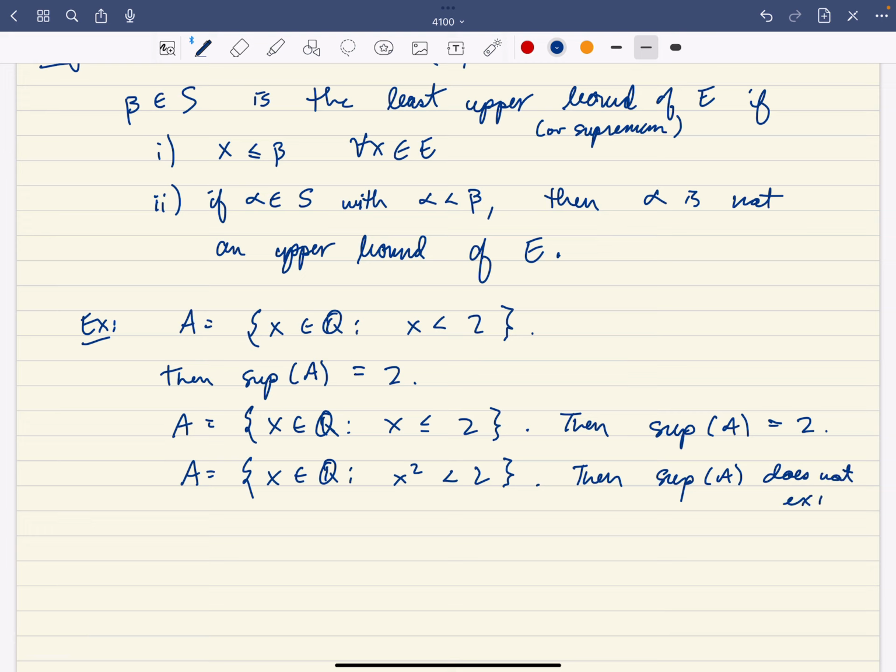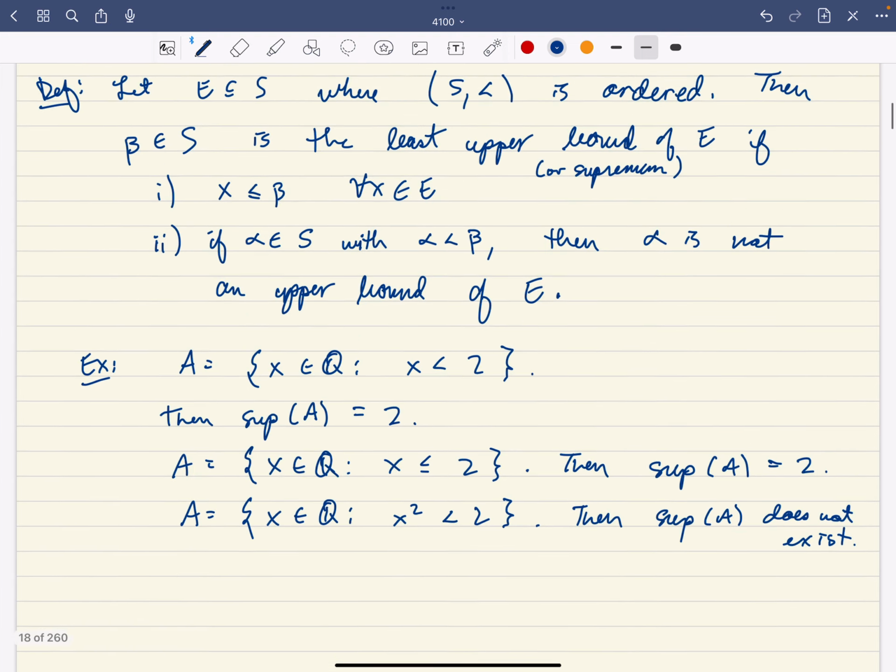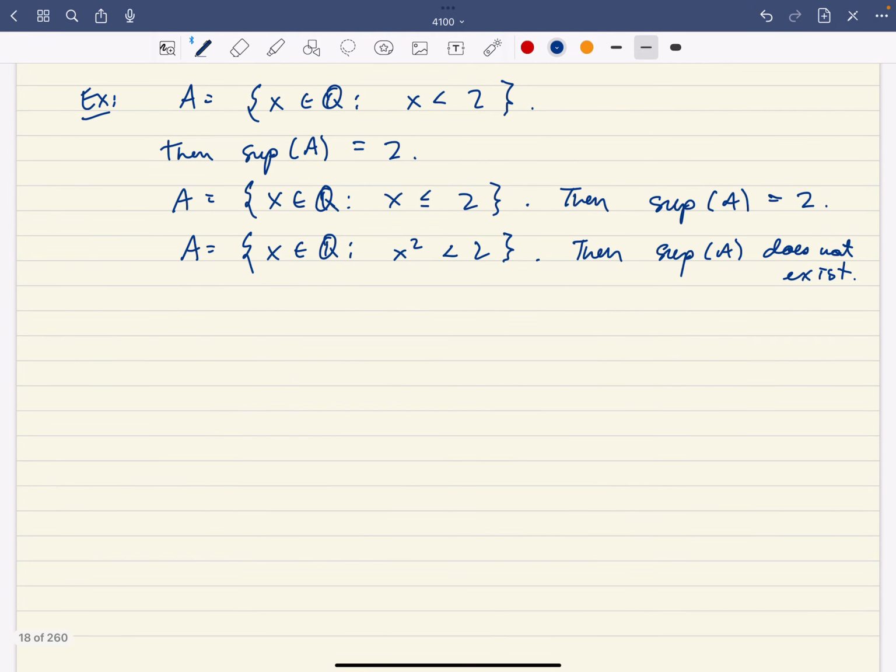So until we think of the rationals as being a subset of a more complete field, which we'll call the reals, we can't talk about square root of 2 being a supremum. So the supremum of A does not exist as a rational number. There is no rational number that's the supremum of A. And just a nice argument here, let's suppose that